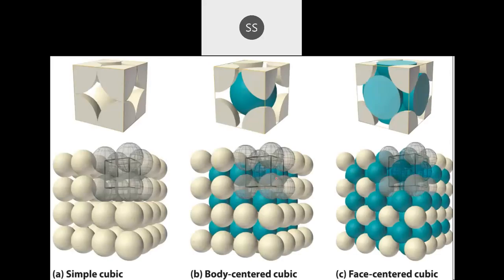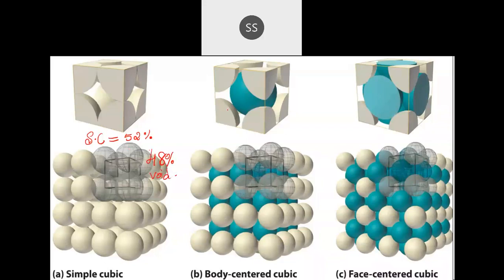So in yesterday's class, you have learned about packing efficiency of all the three kinds of unit cell: simple cubic, body centered as well as face centered. If you remember, for simple cubic the packing efficiency was approximately 52%. That is the amount of space which is occupied, which means around 48% of the space goes in the form of void.